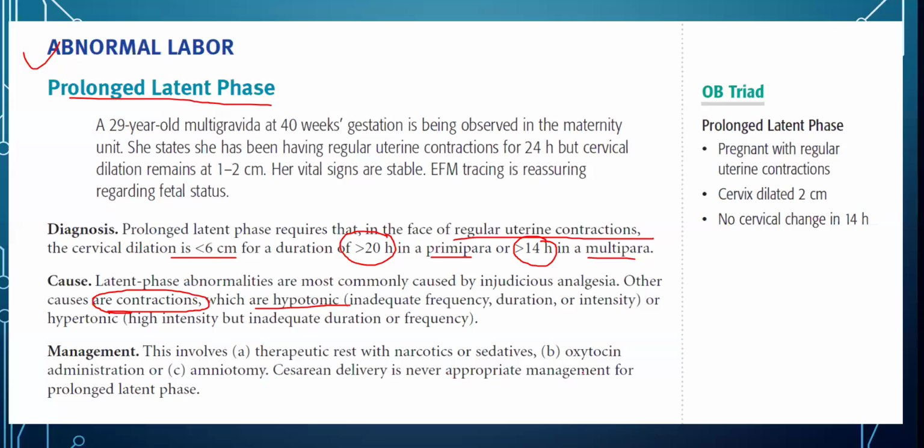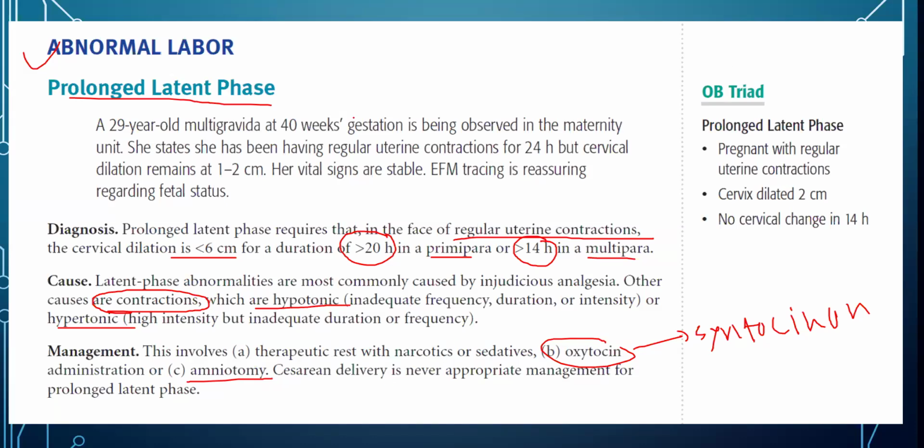So if it is hypotonic contraction, then you can increase the contraction by giving oxytocin or syntocinon. In Australia, we don't call it oxytocin, we call it syntocinon. If the patient has hypertonic contractions, that means the contractions are really intense, the best idea would be, if the membrane has not ruptured yet, to do a rupture of the membrane, and that will also increase the chance that from latent phase it can go into active phase.